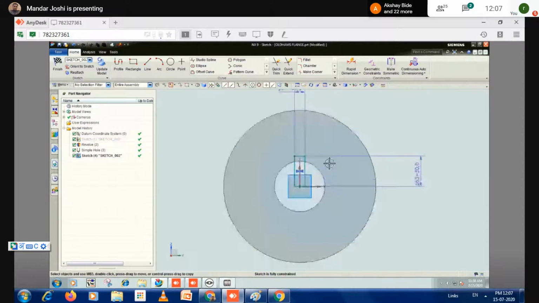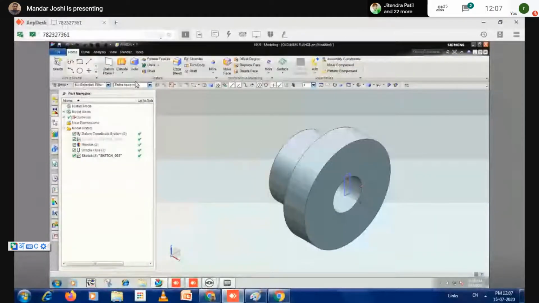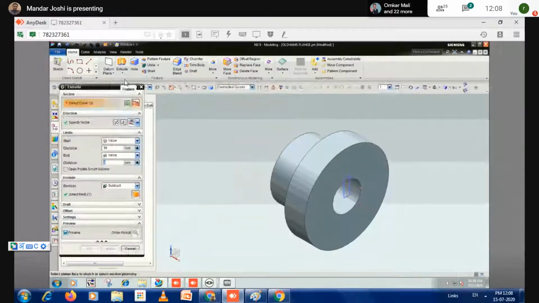It doesn't matter if you extend the line, because there is nothing else here inside the hole. Automatically material will not be cut because there is a negative feature, there is no data here. So I go to Finish and click on the command. Which command should I use now? How do you want to cut the material? Material you have to cut linearly. That's why I'm selecting the extrude option here.